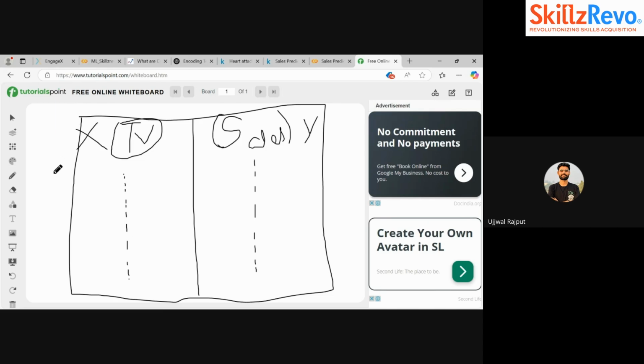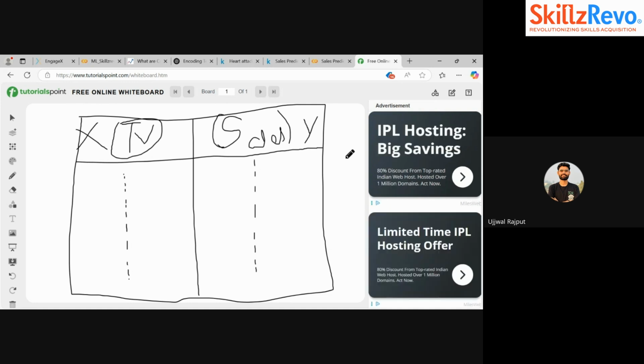Tell me, this is what my data looks like, right? Yes, sir. Then, whenever we have data like this, always remember we have to split our data into two